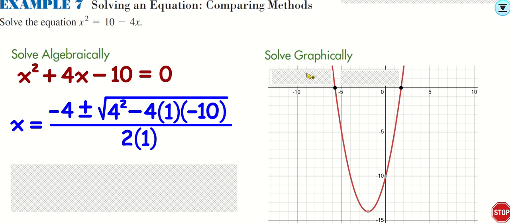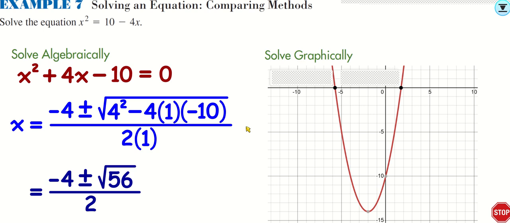Like the quadratic formula would always work. Remember how there was an A value, a B value, and a C value that would get plugged into the quadratic formula? And so this one ended up